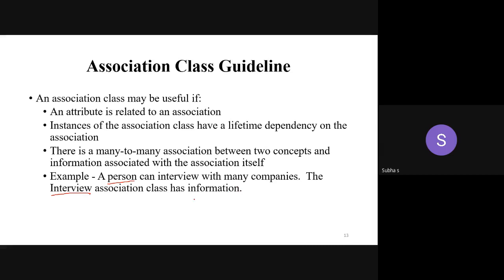Under interview, you can have June month interview companies or July month or MNCs. Then you can have different categories and different values under the interview: online interview, oral interview, face-to-face interview. So in that place you can make this interview the association class. It will have some information.